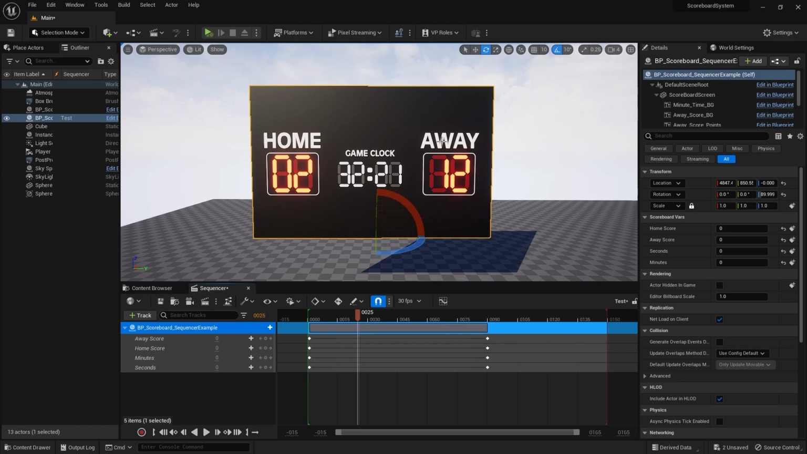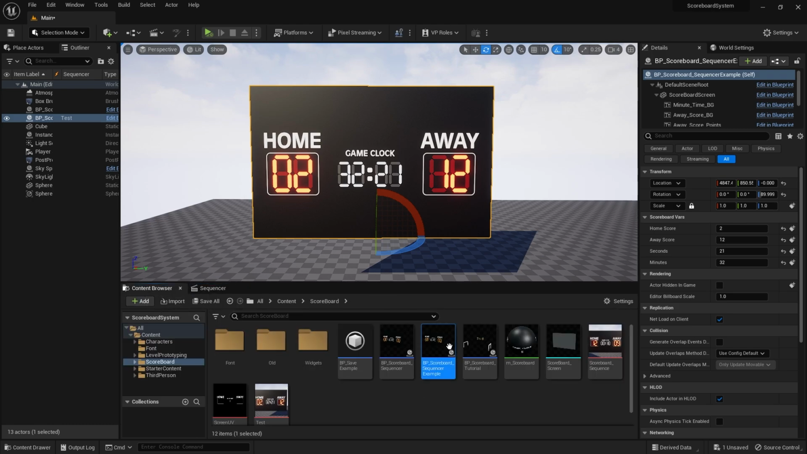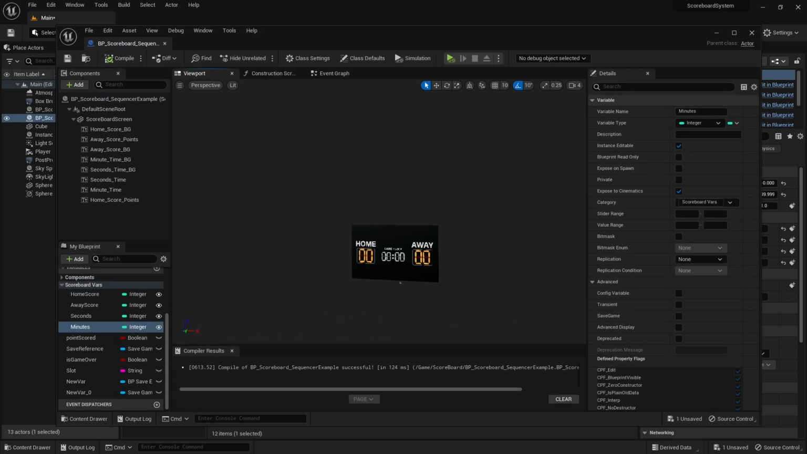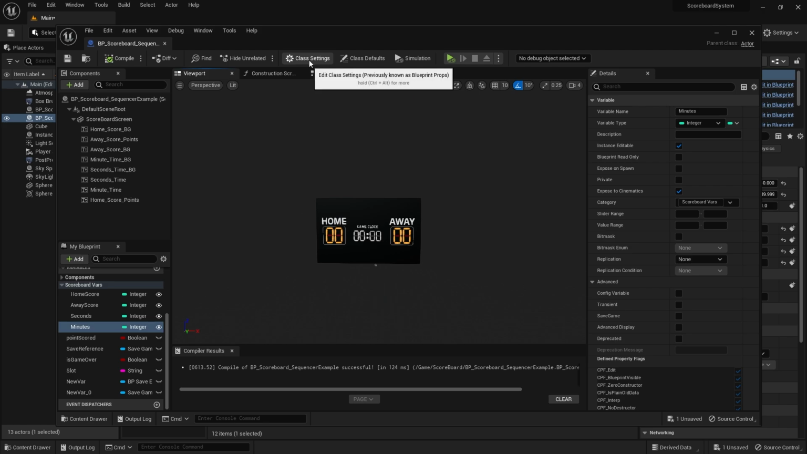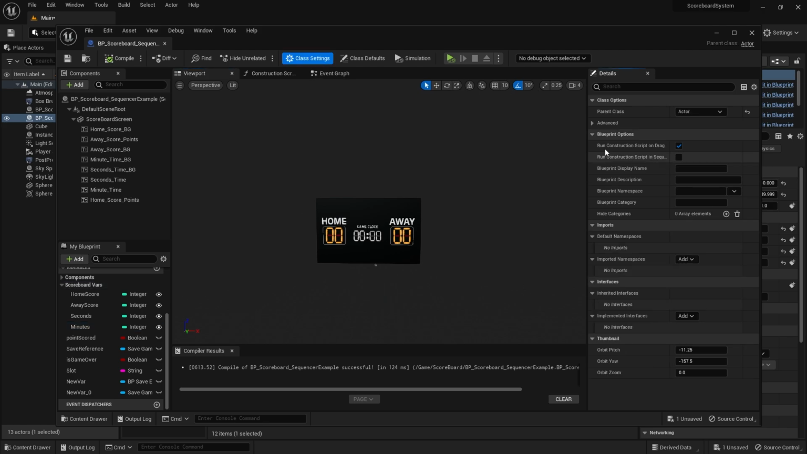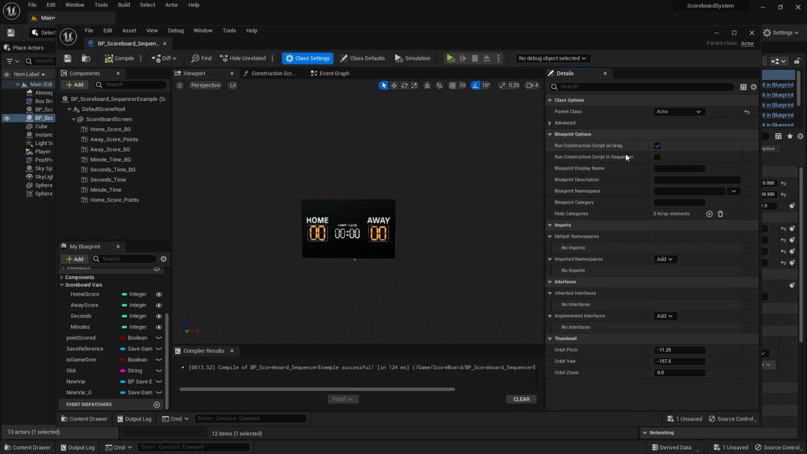You can see that the score has updated, but the problem is that when you scrub through the sequencer, it's doing nothing at all. So how do we fix that? Well, back in the scoreboard sequencer example, there's a class settings option over here. Just click on the class settings, and there will be a Run Construction Script in Sequencer option. We need to click on that. I don't know why it's not on by default; it should really be on by default. But if you click on that and then compile and save,